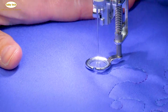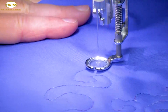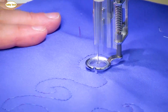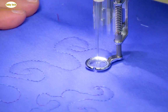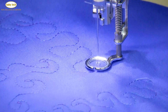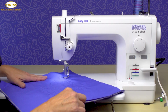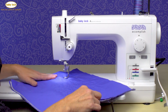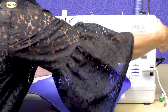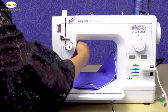The nice open throat space here is very accommodating for the width of the fabric that I have, and you can see I'm creating beautiful designs as I'm stitching. I'm going to slow down just a little bit because I want a little bit more control over those designs, keeping my fabric nice and flat against the bed of my machine so that I control what those stitches look like. So you can see how easy it is to do FreeMotion quilting on the